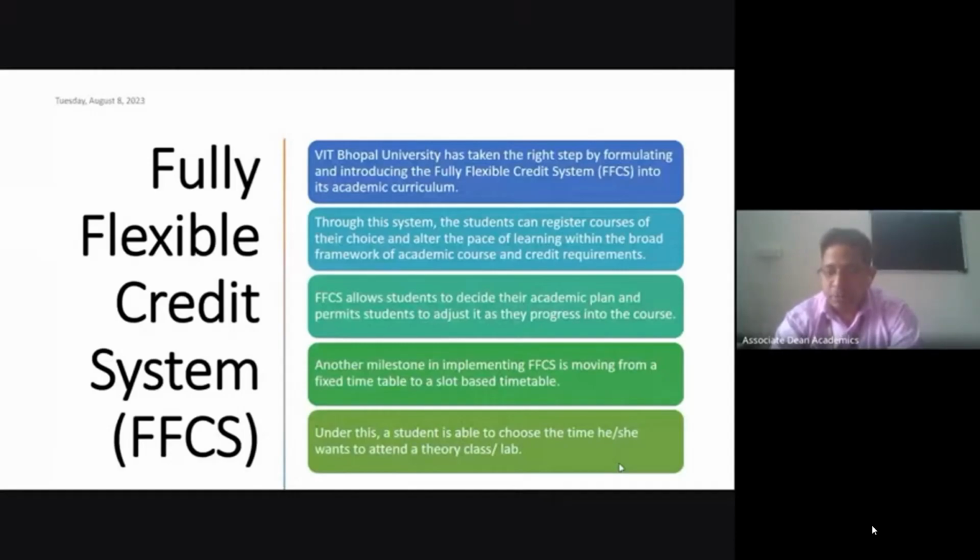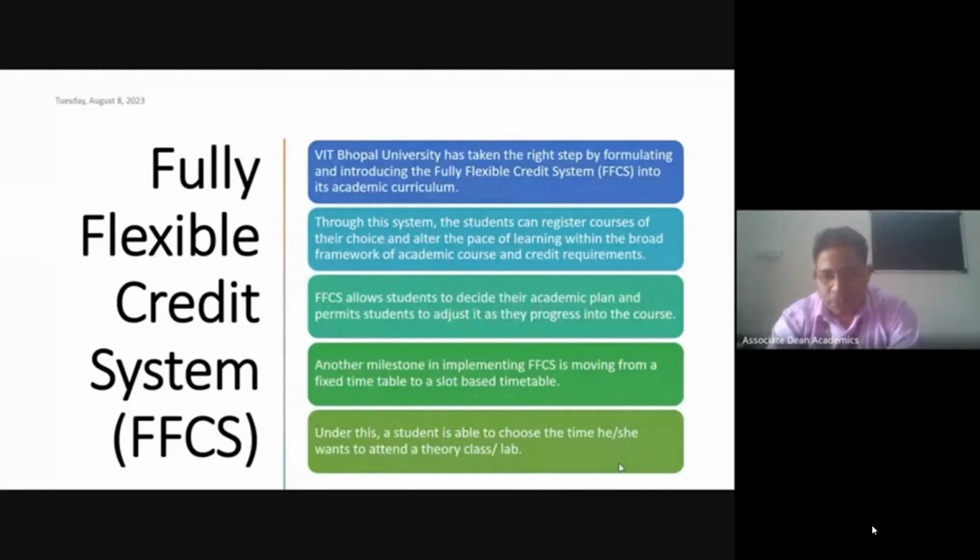for every kind of semester. For a regular fall or winter semester, there will be a maximum credit limit of 27, and a minimum of 16 credits you have to register. The interim semester, also called the inter-session semester, is usually planned between two regular semesters, like the fall and winter semesters. In that semester you will have a credit limit of up to a maximum of 12 credits, and in a normal summer semester, which is especially planned for backlog or pending credits, you will have a credit limit of up to 8